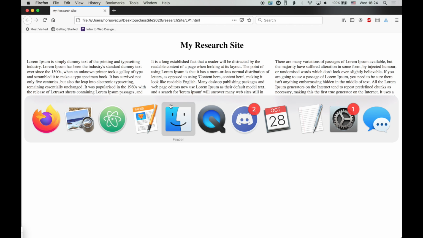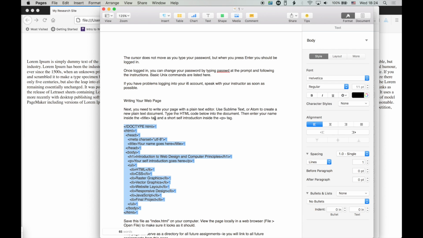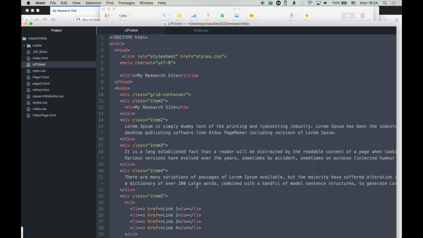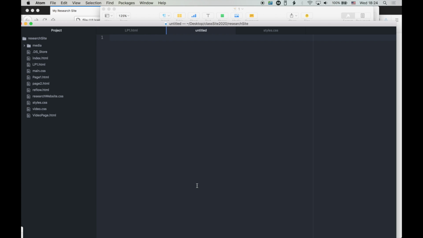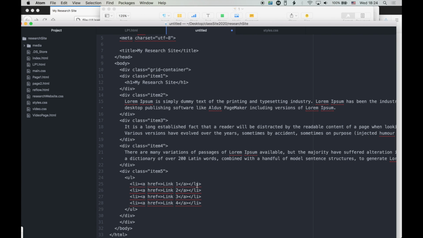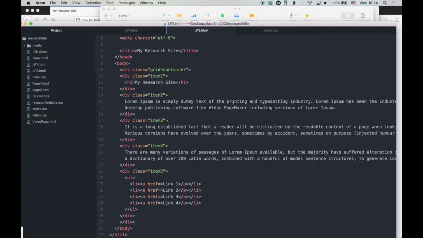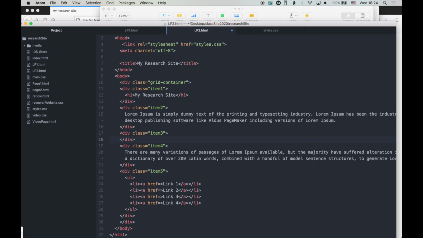So let's look at this. Oh, no. Let's look at this. So here we have LP1. We're going to copy it, make a new file, paste, save, and we'll save this as lp2.html. And here in item 3, instead of having this stuff, we'll do